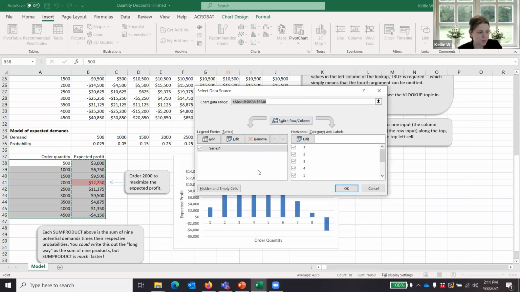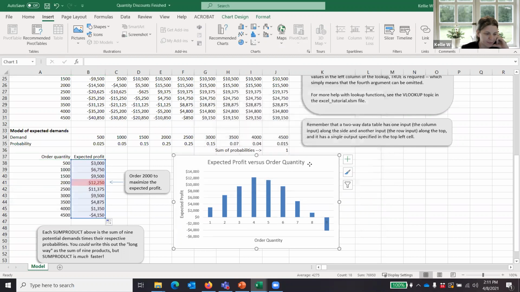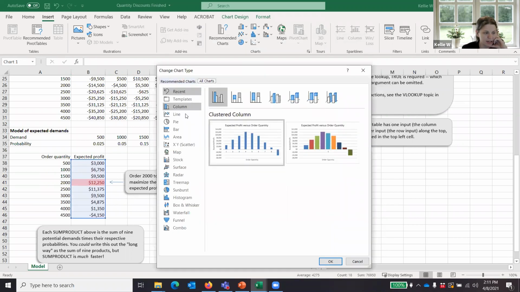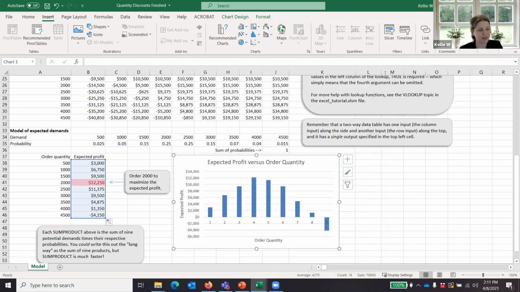Another way to see what data is in a chart or change it is to do what I just did: right click and then click select data, and see it showing me order quantity and expected profit. Okay, so they chose the clustered column for this. So you can see instead of using these little carrots, you can also change chart type by opening up and seeing there's a lot of stuff in here. Most of those are pretty advanced and you wouldn't use very often. Okay, and then finally,